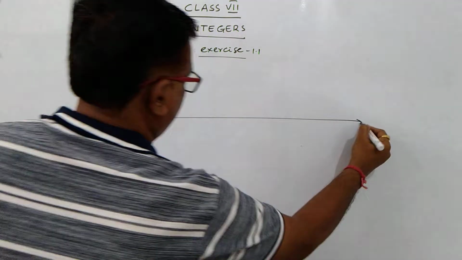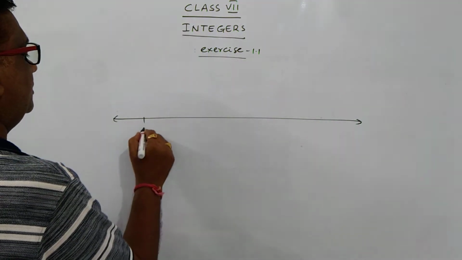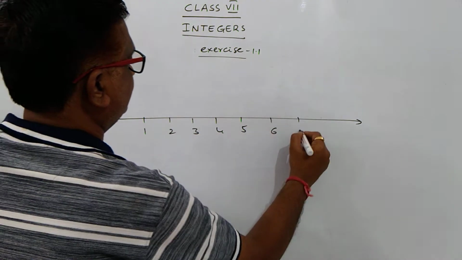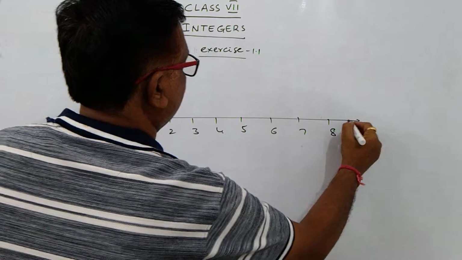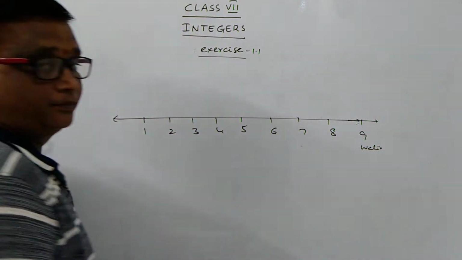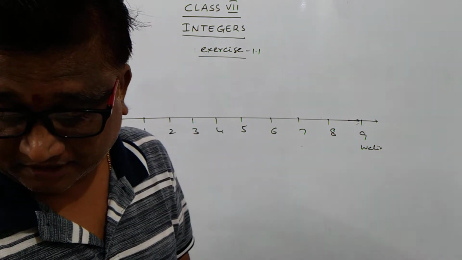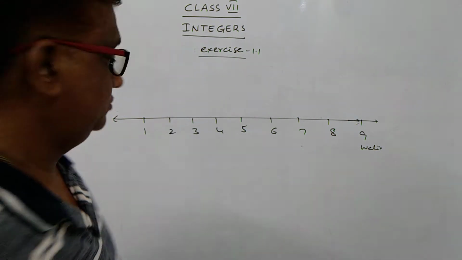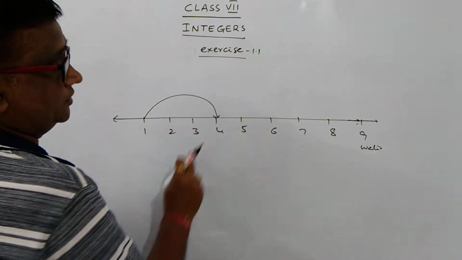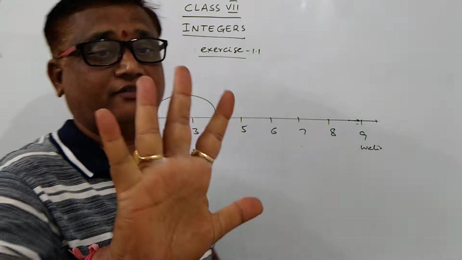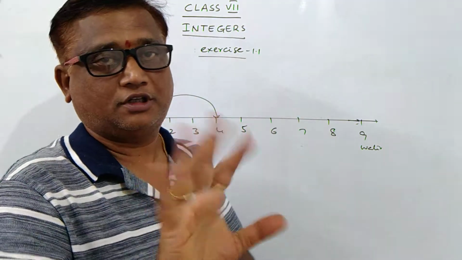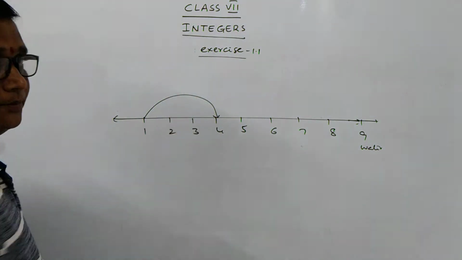For example, I am going to give an idea. First step, second, third, fourth, fifth, sixth, 7, 8. So the water level is at 9. So the monkey jumps 3 steps down. From 1 to 4, this is the third step. 1, 2, 3, gaps only. 5 fingers have 4 gaps only. So 1 to 4 means 3 gaps only.